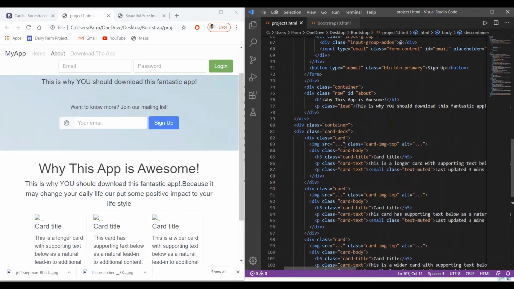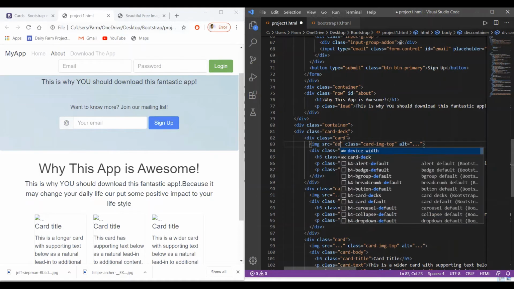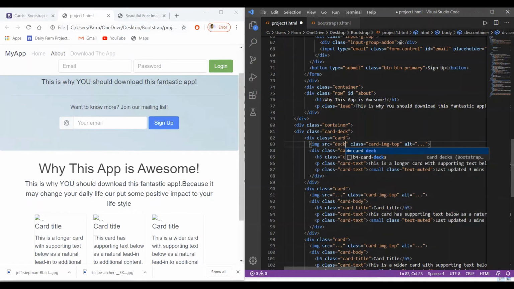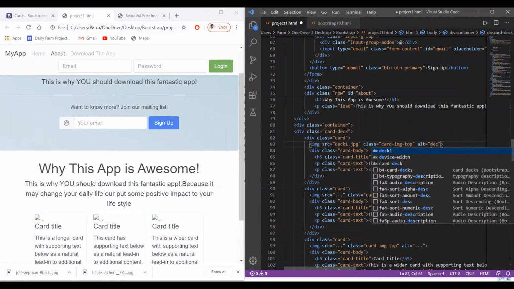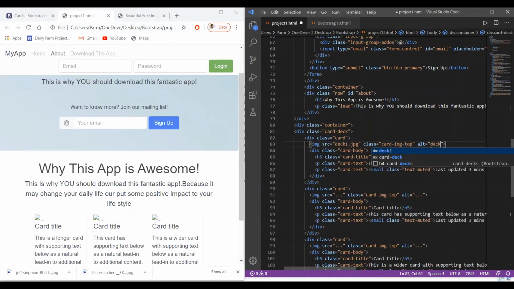Here we have to give the source of the image, so its source is deck1.jpg,